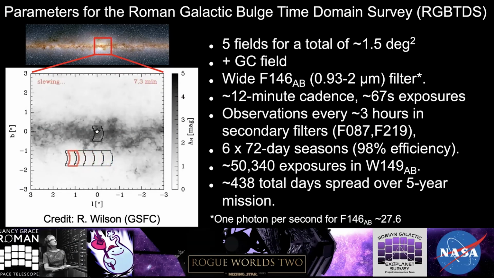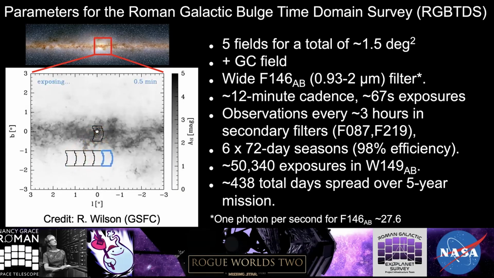We now have 5 main fields and then 1 galactic center field, which is very exciting. 1.5 degrees. The wide filter is going to be the main filter that we use. That's going to be 12-minute cadence. This is down from 15, which was the notional survey before. 67 exposures, so those are longer exposures than before. Observations every 3 hours, and secondary filters, F087 and F219 are the 2 secondary filters, and there'll be 6 72-day